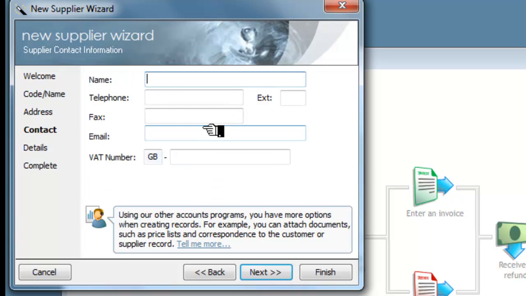So next we need a contact, so we fill in our contact with a telephone number and an email, and a 9-digit VAT number,